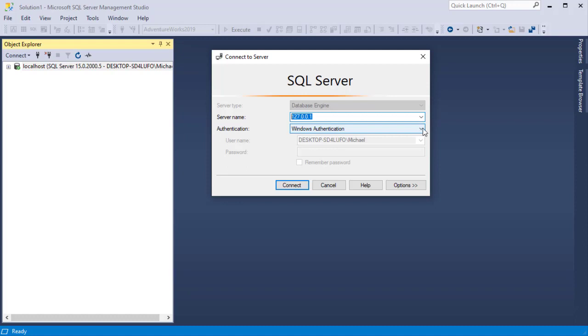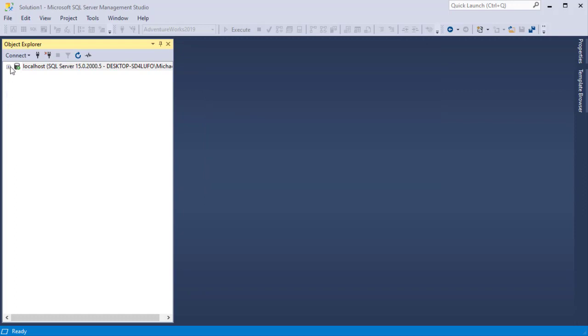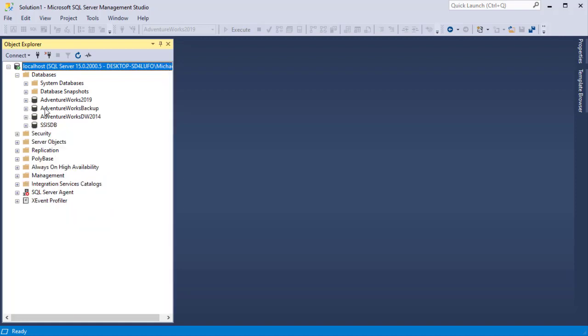If you have installed the SQL Server in mixed mode, you can choose between the Windows authentication or the SQL Server authentication. I'll choose Windows authentication and click Connect. And now the SQL Server Management Studio will connect to the server. I'm now connected to the SQL Server, and as we can see, I have a list of all installed